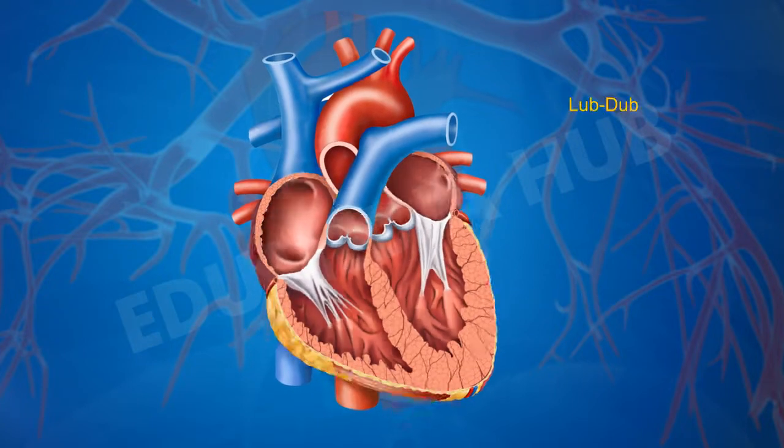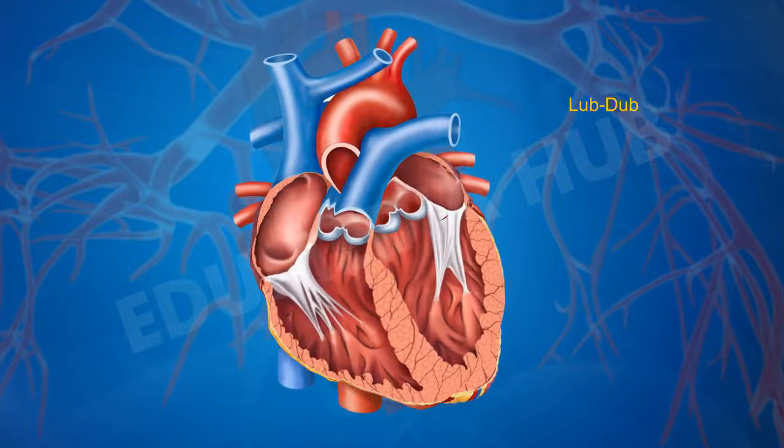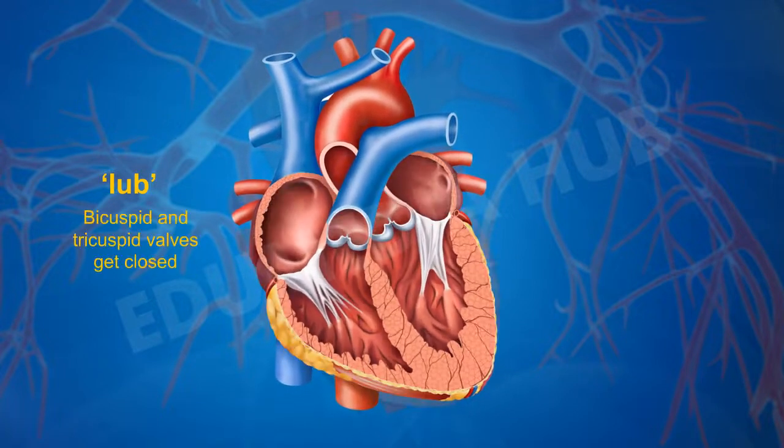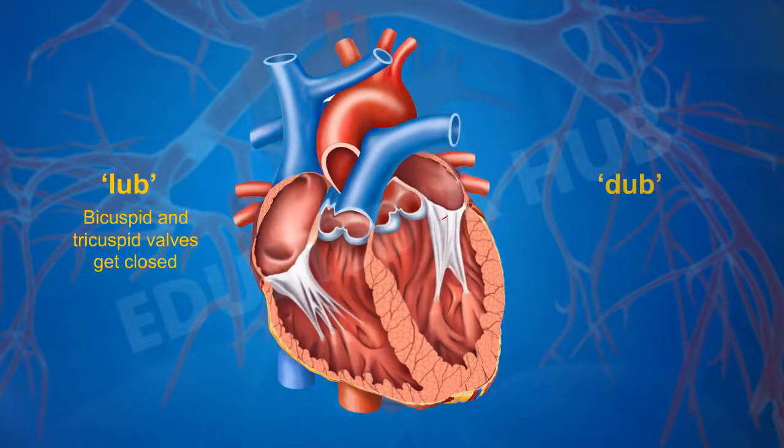The heart produces lub-dub sound during its contraction and relaxation. The lub sound is produced when the bicuspid and tricuspid valves get closed. The dub sound,